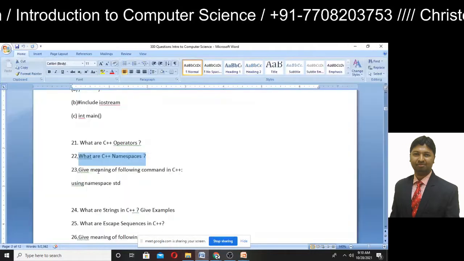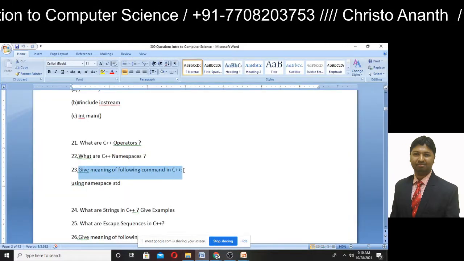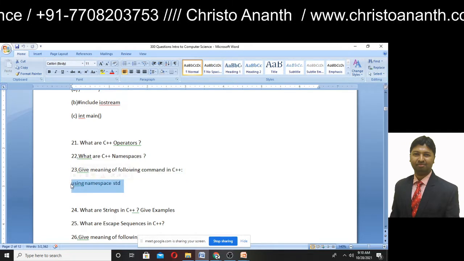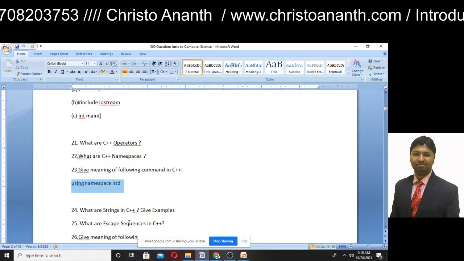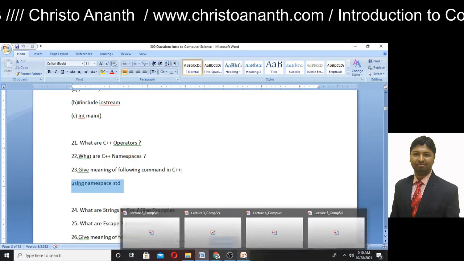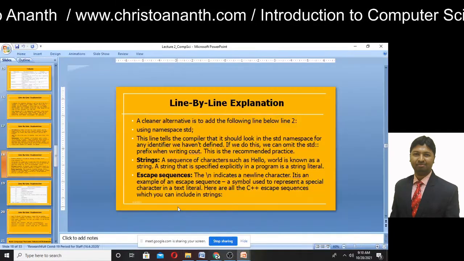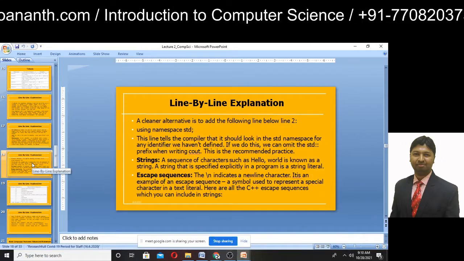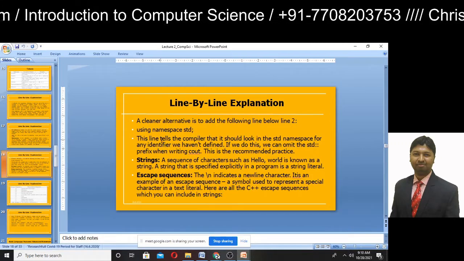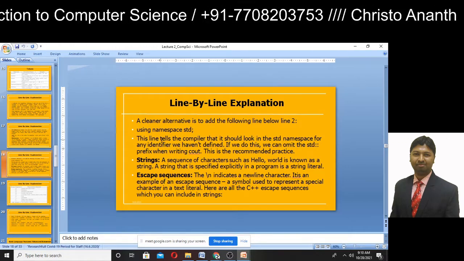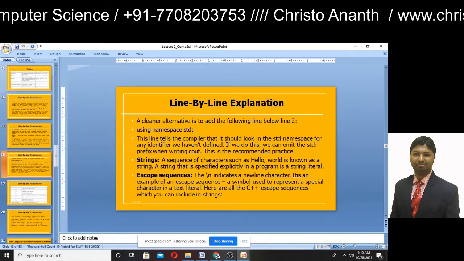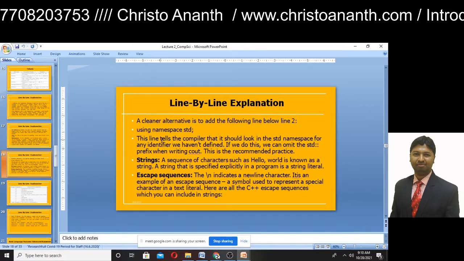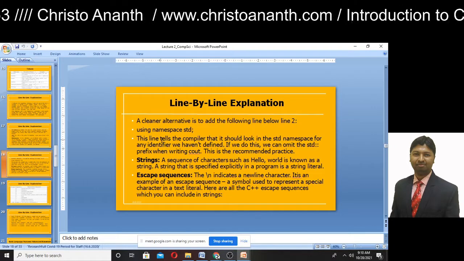And next question. Give the meaning of the following command in C++. For example, using namespace std. What is the actual meaning of using namespace std? So if you are asked this one, you are going to give the explanation. This line tells the compiler that it should look in the std namespace for any identifier we haven't defined.